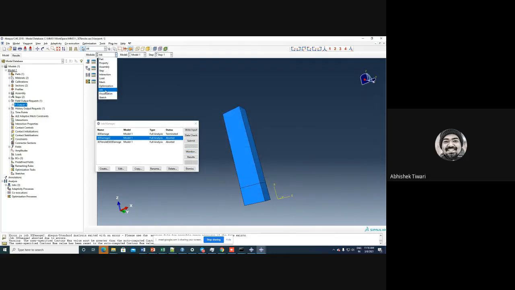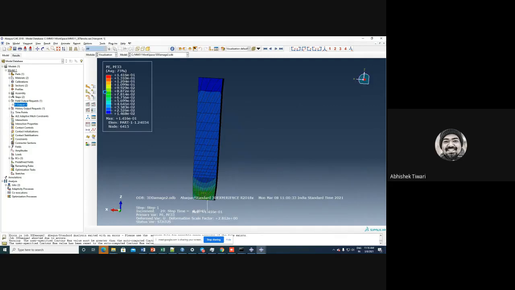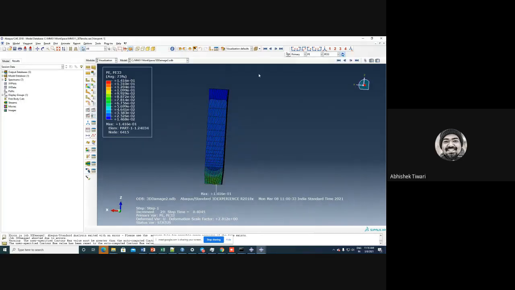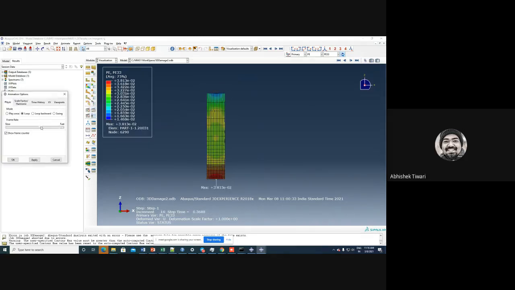So if you look at the results, this is our tensile specimen from the beginning. This is how it looks. And when we do the simulations, I have to do it a little slower.